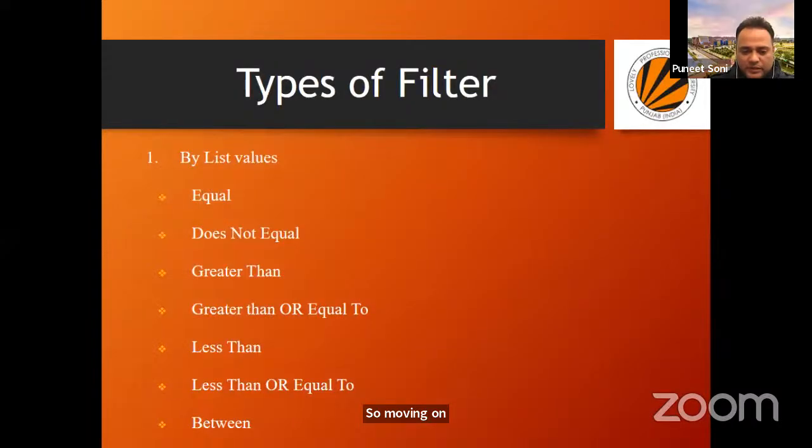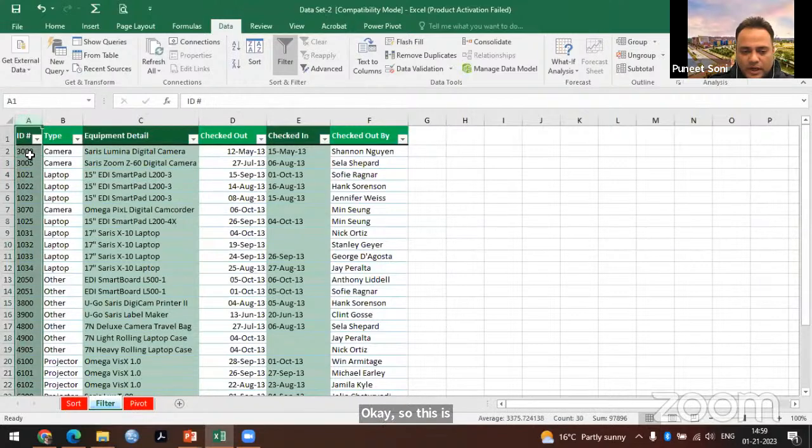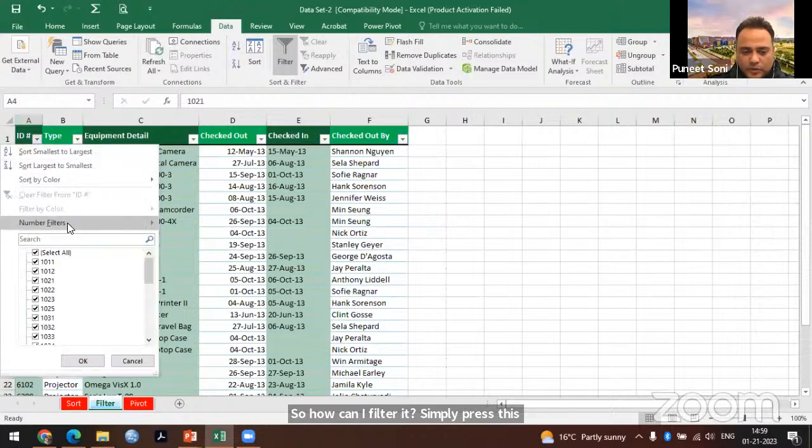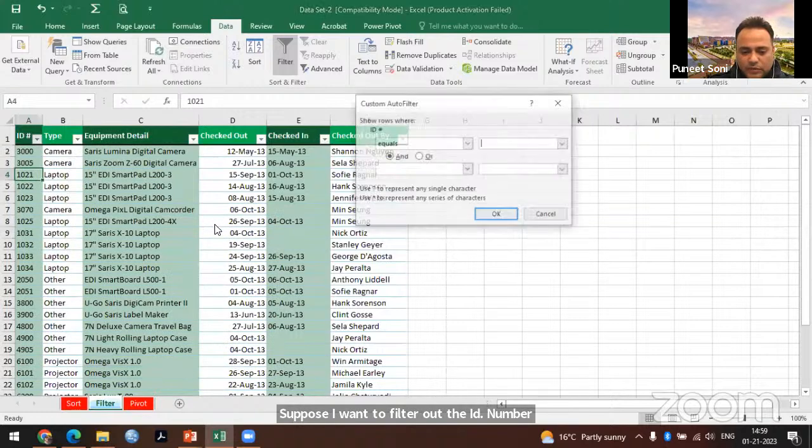types of filters. Firstly, I want to apply this filter by equal, does not equal, greater than, equal to. Okay. So this is my values. In this column, column number A, I have my values. So how can I filter it? Simply press this drop down button. You can see the number filters in which the options are available. Suppose I want to filter out the ID number 1033. So I'll select the equal option